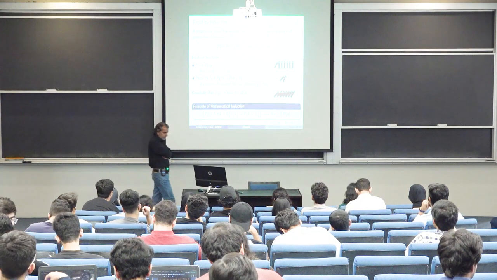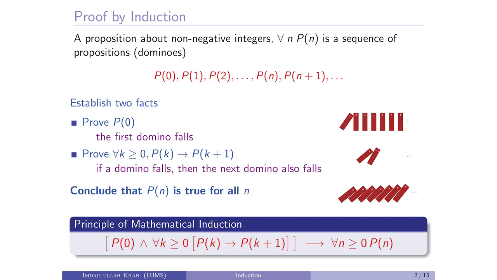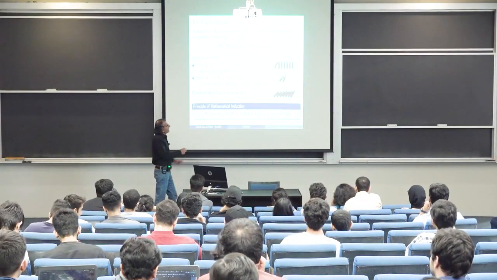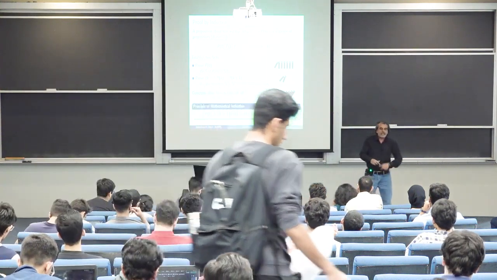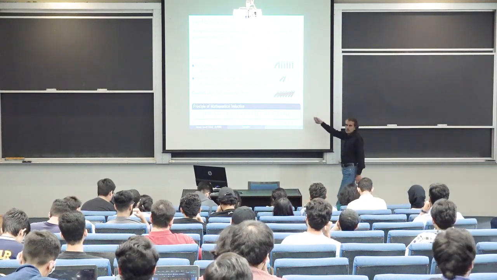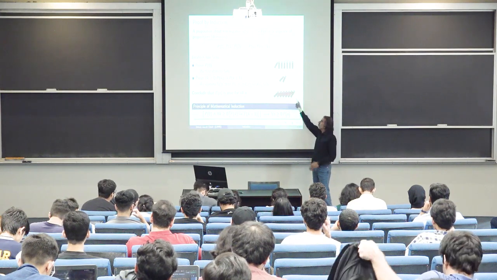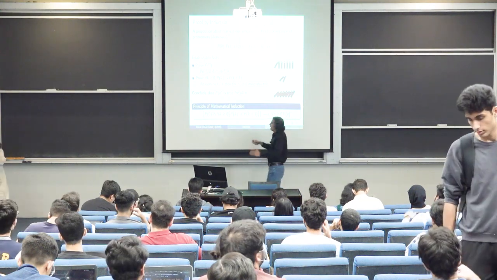So what we saw last time was that we have been given this sequence of different dominoes. They have been vertically placed, and then there are two things which are given to us. One is that through some mechanism, through some physical intervention, the first domino falls. So if the first one falls, it hits the next one. When it hits the next one, the next one falls, and then that next one will hit the next to next, and this chain will keep on going. Because they are placed next to each other, if the first one is falling, that is causing a ripple effect.